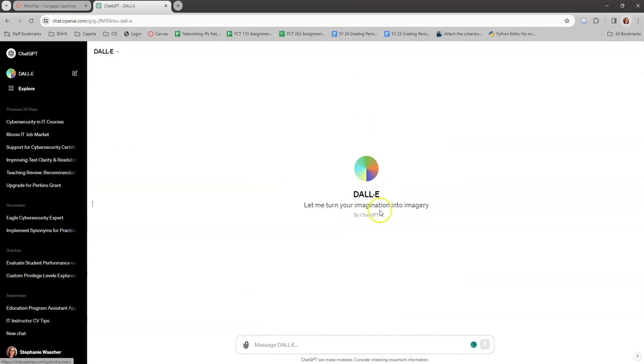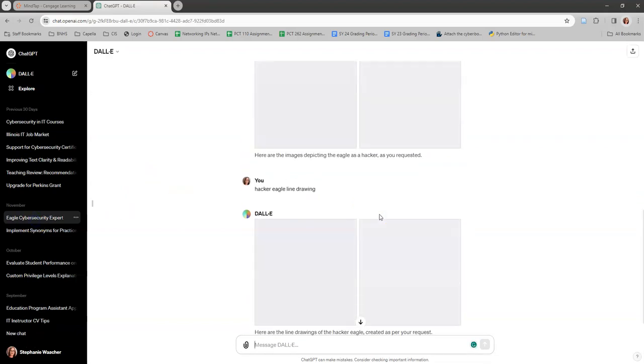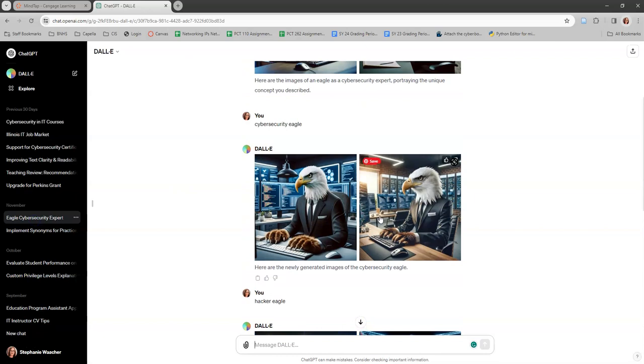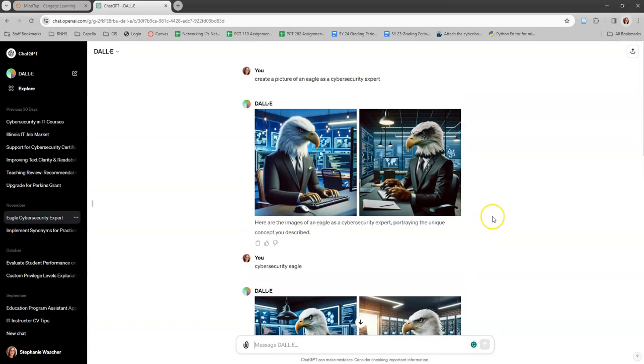Another one, part of ChatGPT, is DALL-E. I wonder if it's got my... Oh, there it is. So we'll see if it pops up. We were looking for kind of a mascot for our cybersecurity area. So I was in my final exams, waiting for students to finish up, so I created a picture of an eagle as a cybersecurity expert. So this is